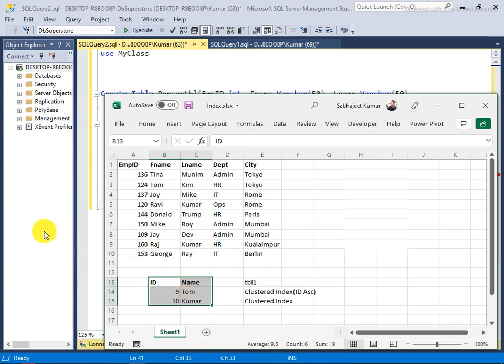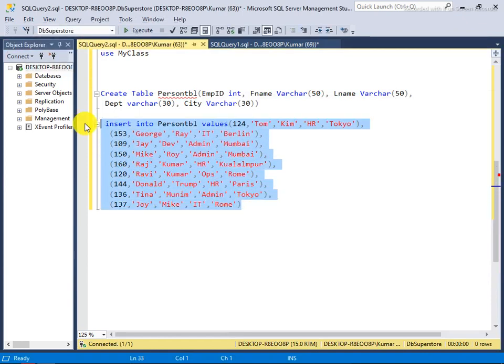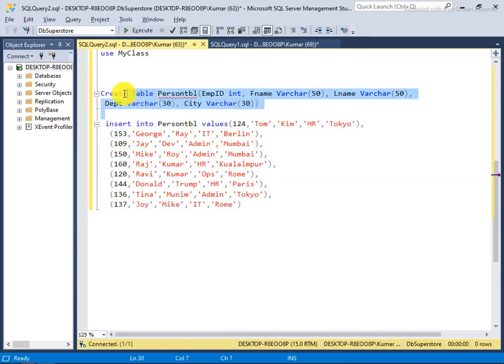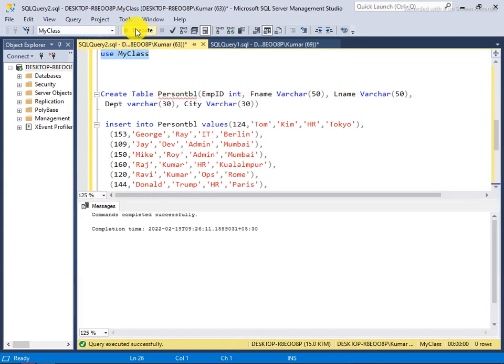So now I show you how you can make a clustered index. Firstly, I will create a table. I use another database, my class. Here is the table I'm trying to create.